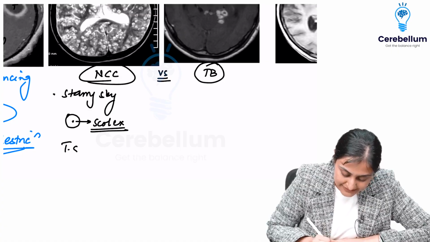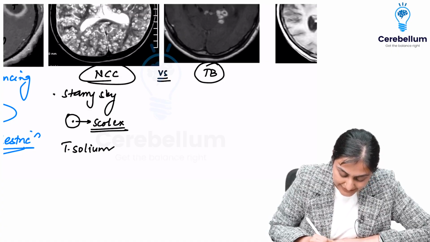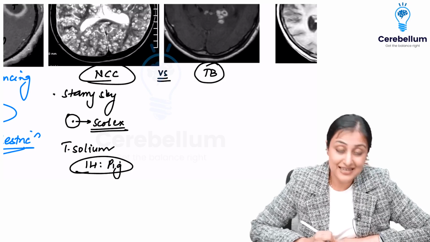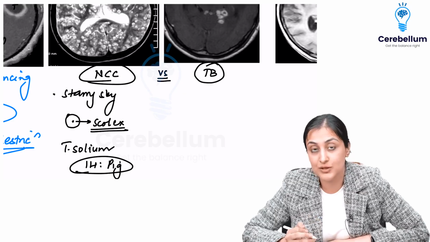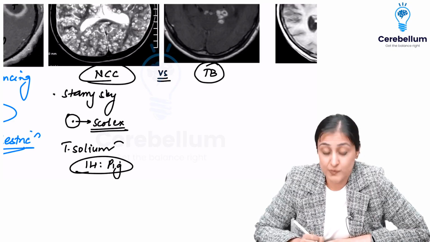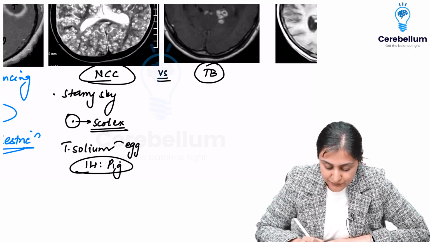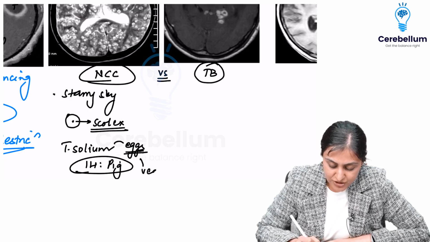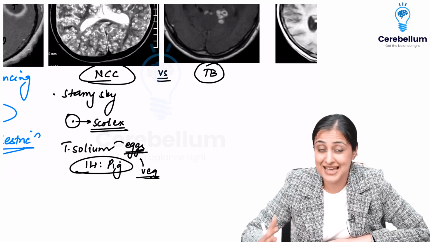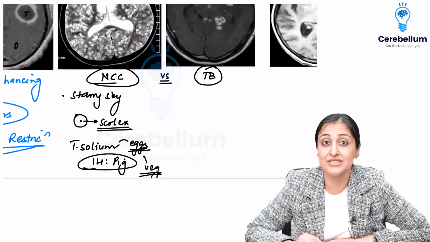This is caused by Taenia solium. You know the intermediate host is pig, but this is not necessarily because of eating pork. This can also be consumed with unwashed vegetables. So actually the eggs of the Taenia solium come with the vegetables. So if you are eating unhygienic vegetables, salads, momos, those are the usual carriers of